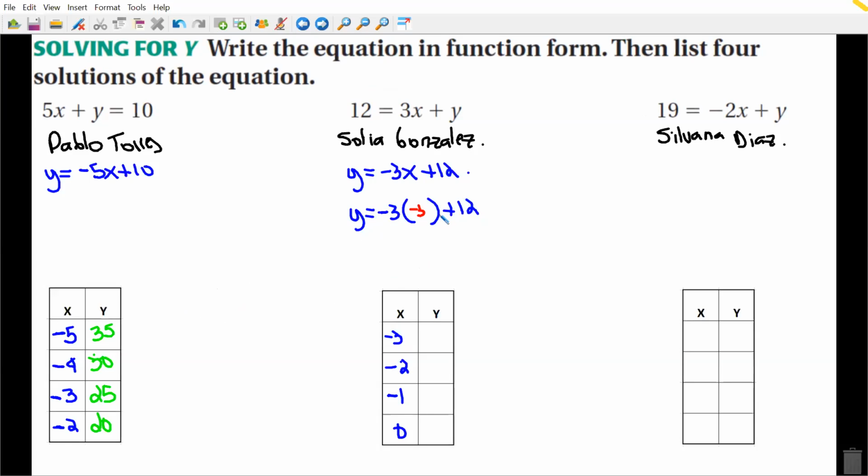9. And 9 plus positive or negative? Positive. So 9 plus 12 equals? 21. Excellent. -2 times -3? Is 6. 6 plus 12? 18. Next number. 15. And finally? 12. Okay, guys, if you see how fast Miss Herrera did it, it's because she found out that the value of m,